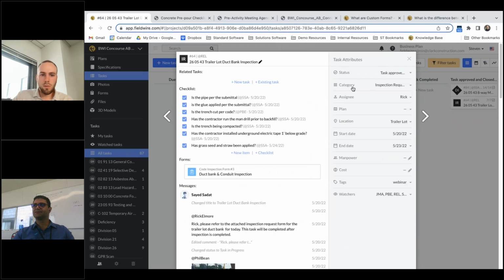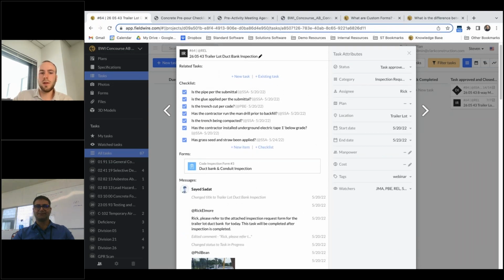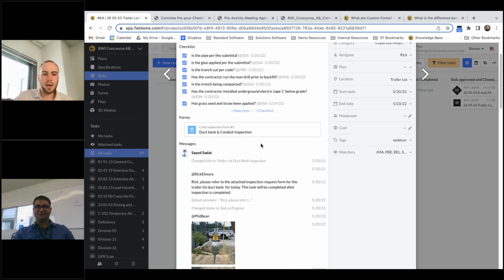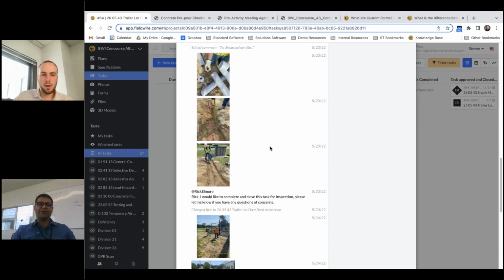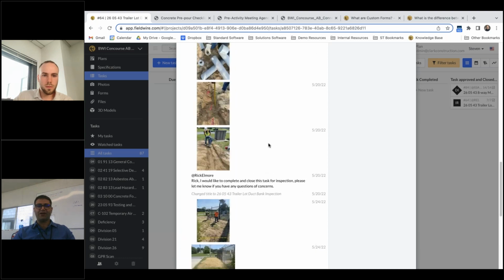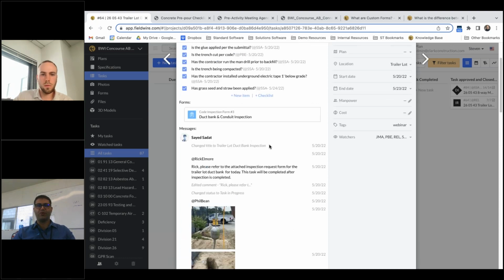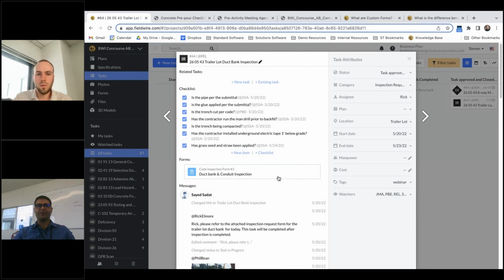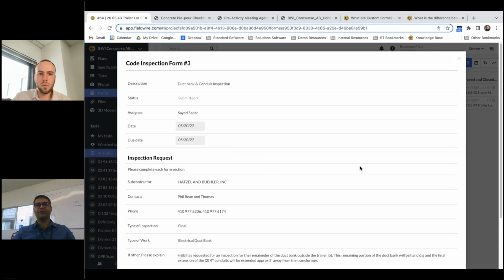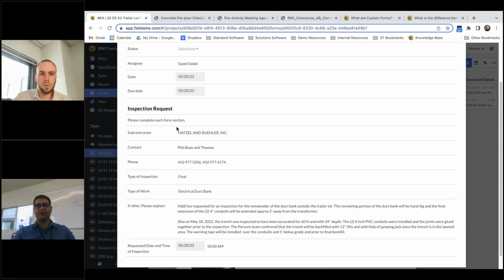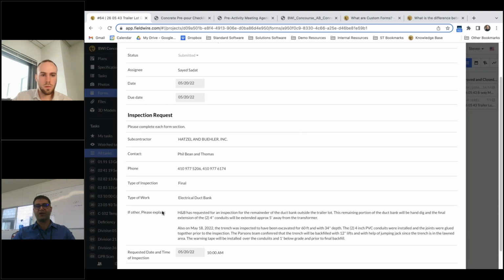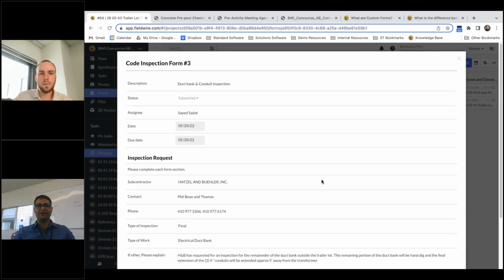Moving on to one more here to look at. Wondering if you could explain this one. I think it's neat here how you linked in a form to this task as well. Yes, this was also for one of the duct banks that was outside the project, but we wanted to make sure as part of the quality standpoint, we do everything in a systematic manner, and all the items that were needed as part of the quality, the checklist, the steps, the contractor has followed, and at the end of the day, all the backfill and covering up the trench has been done in a manner that the contractor was supposed to per the contract documents. And we also had a form that we send out to the inspection team.